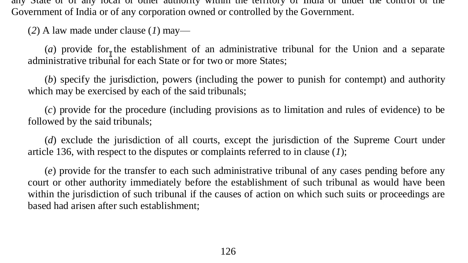2. A law made under clause 1 may: a. provide for the establishment of an administrative tribunal for the Union and a separate administrative tribunal for each state or for two or more states; b. specify the jurisdiction, powers, including the power to punish for contempt, and authority which may be exercised by each of the said tribunals; c. provide for the procedure, including provisions as to limitation and rules of evidence, to be followed by the said tribunals;